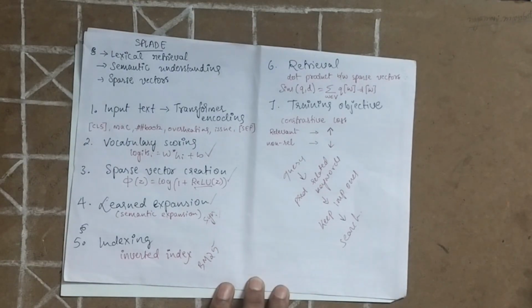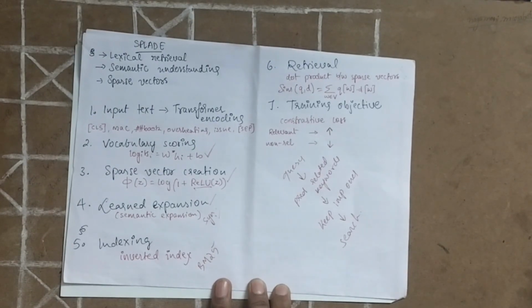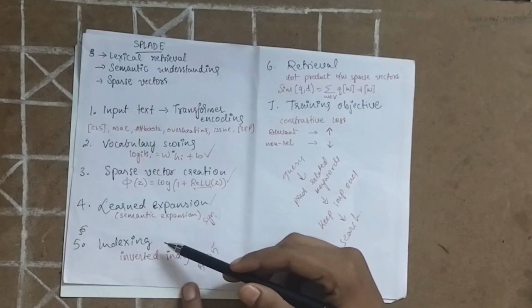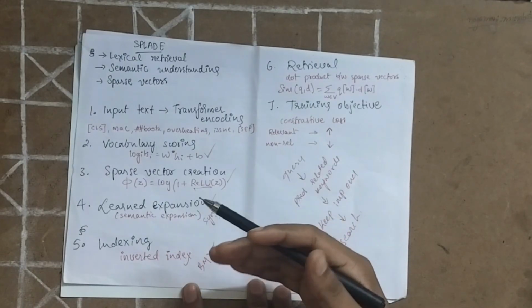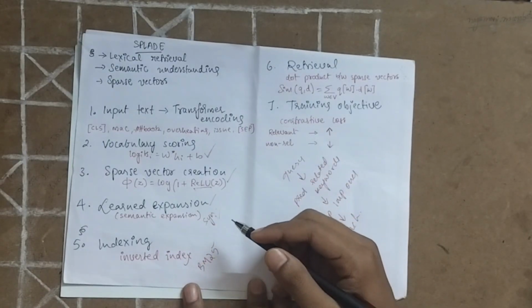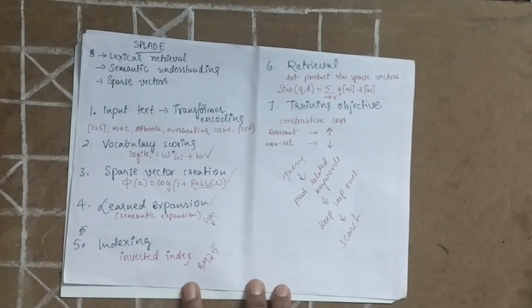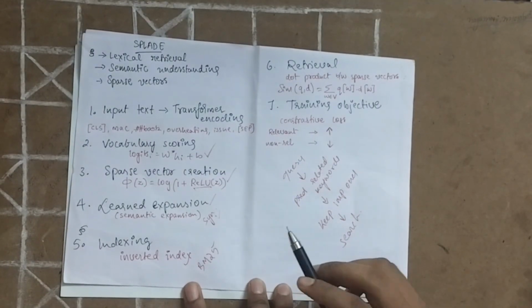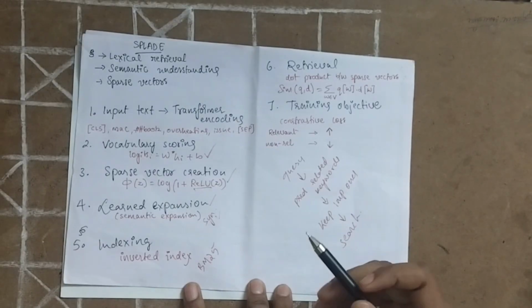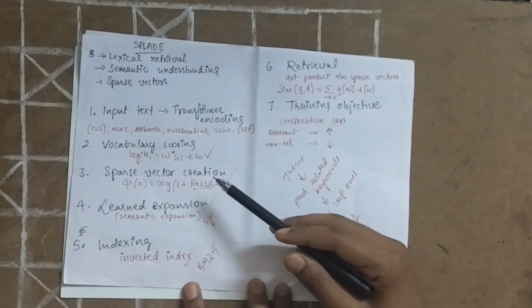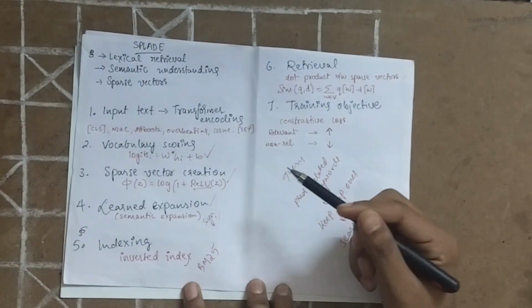Okay, and after this, what do we have? The next step is indexing. These sparse vectors are stored in an inverted index, same as the classical search engine that we have, and similar to methods like BM25 already. And coming to the retrieval part, the query is converted into a sparse vector in the same way, right? The matching is done by a dot